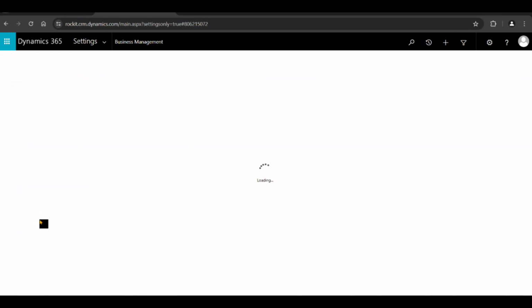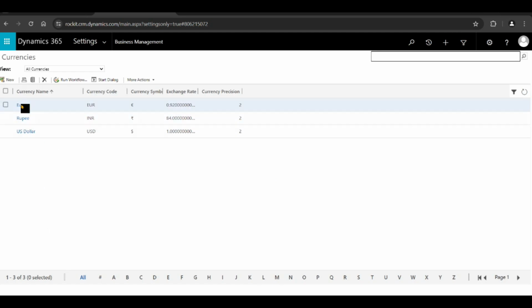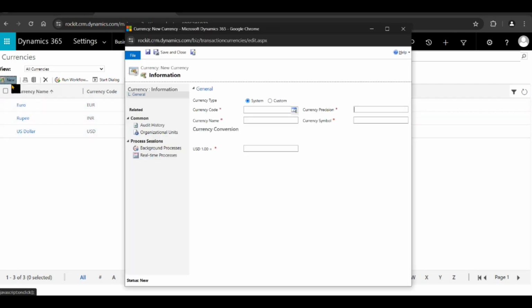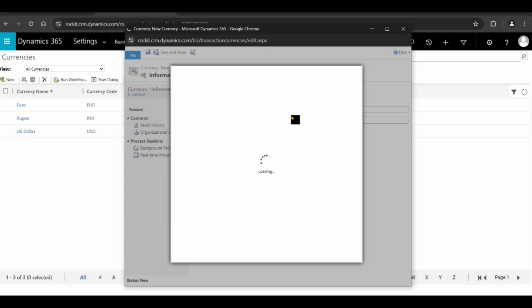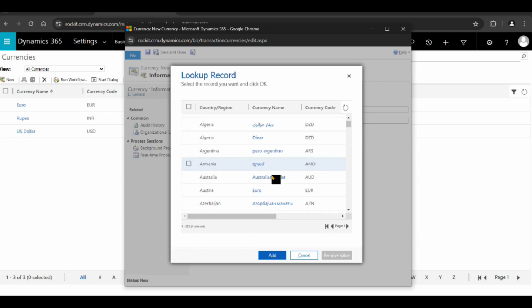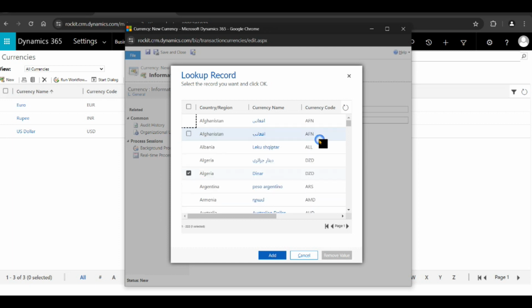Okay, so I have already set up euro, rupee and US dollar as my currencies. If you want to set up a new currency here, just click on new and you can set up the currency here. So let's say if you want to select dinar, so just